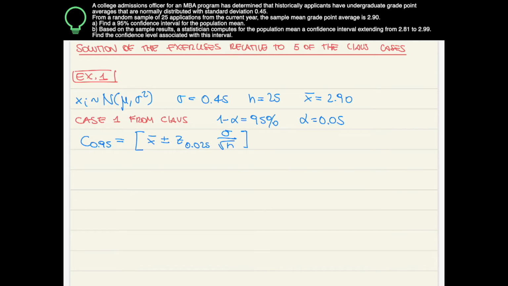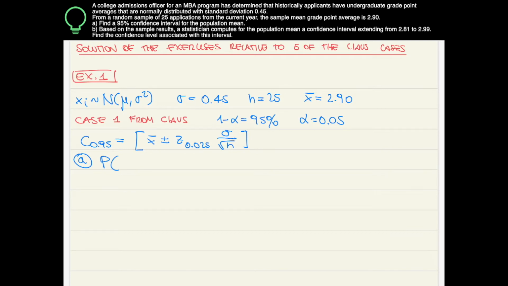So the proofs of all these confidence intervals are given in the slides and in the videos that Marina did. So you can have a look at those videos to have the theoretical background to get to those intervals. We just use the formulas to solve these exercises. Everything is given in this case: sigma, square root of n, which is 5, x bar. The only thing that's missing is z